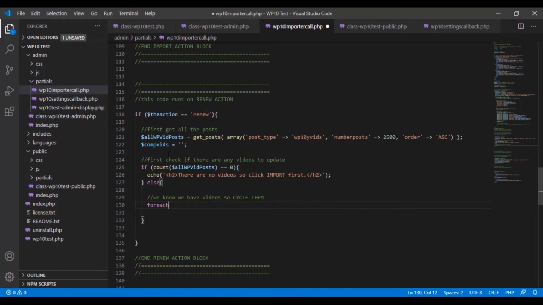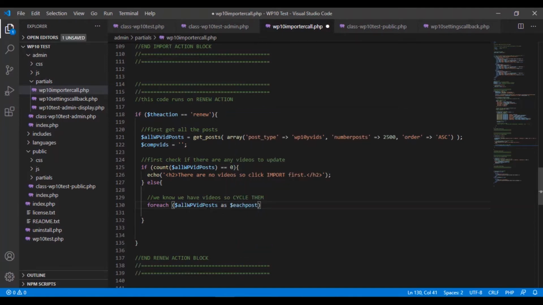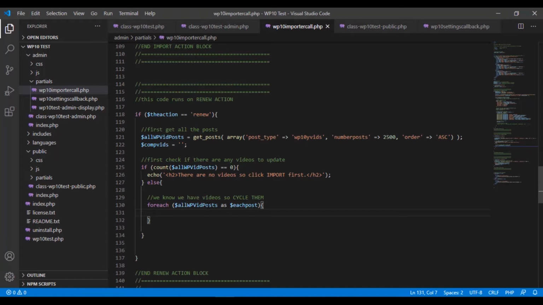So like every other for each we've done in this entire site, we are going to do a for each on all the posts, because now we know there are posts because the count isn't equal to 0. And we're going to treat them as, what do we do in the other ones? We treat them as each post. That's what we do. Right. Now we have an each post that contains each of our videos, and now we can do something with it. Well, here's the thing. Sometimes, because of the way this is adding metadata, some of your posts are not going to equal something. And so in that case, we kind of need to error check for those